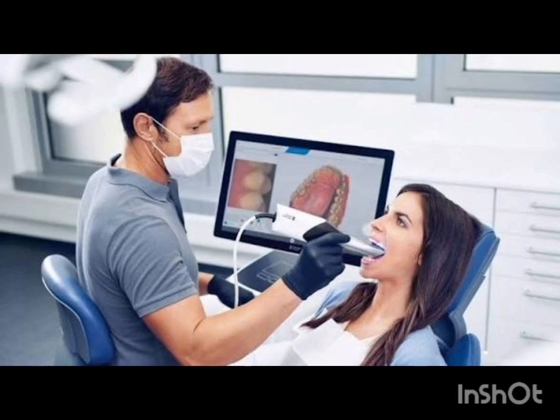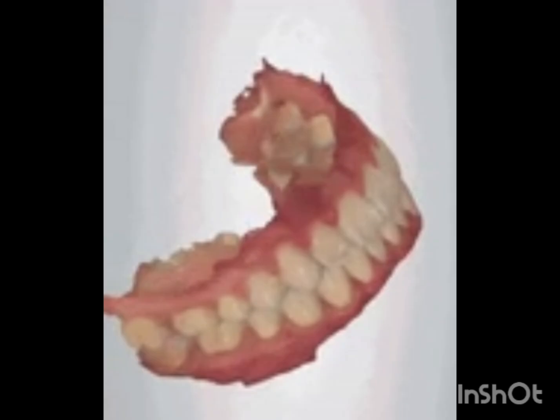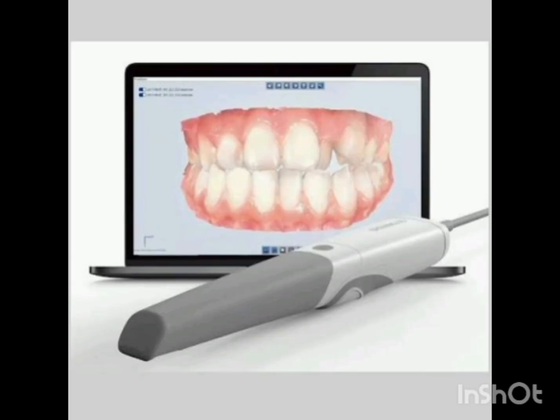Hello everyone. In this video, we are going to discuss one of the most important steps in the digital orthodontic workflow, that is intraoral scanning. A high quality scan is the foundation of a successful clear aligner treatment. Whether you are planning for tooth movement, fabricating aligners, or printing 3D models, everything depends upon the accuracy of your